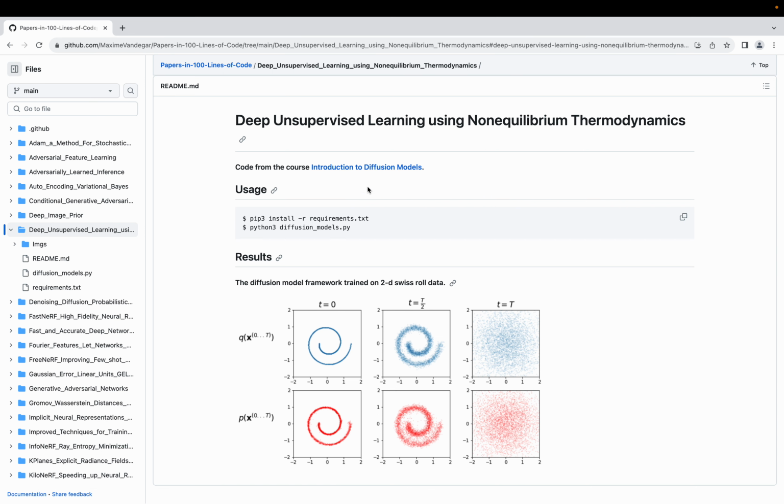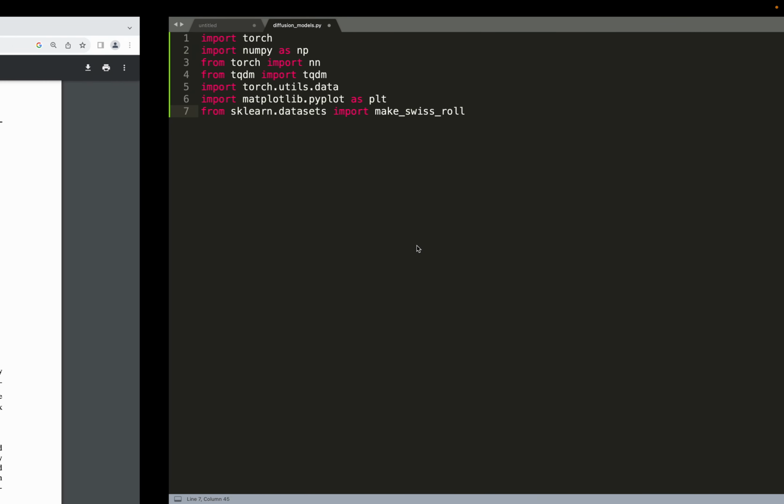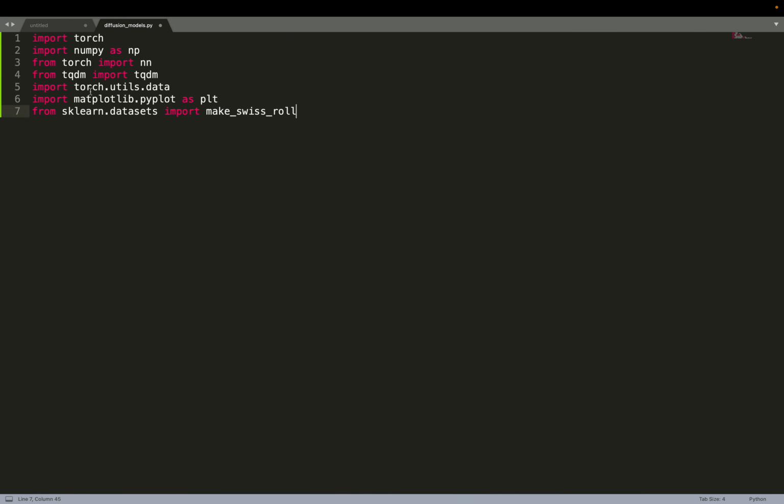But yeah, let's dive into diffusion models and into the code. As always, we're going to use PyTorch to implement everything related to machine learning. And then we will use other libraries such as NumPy and scikit-learn to load the data, and matplotlib to plot the results. So we can start to load the data and to create a function to sample a batch from